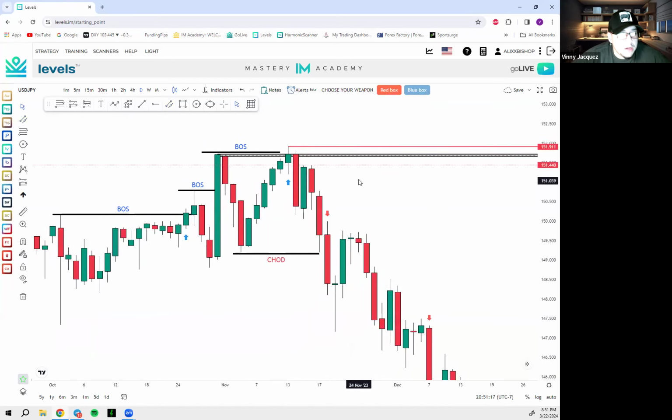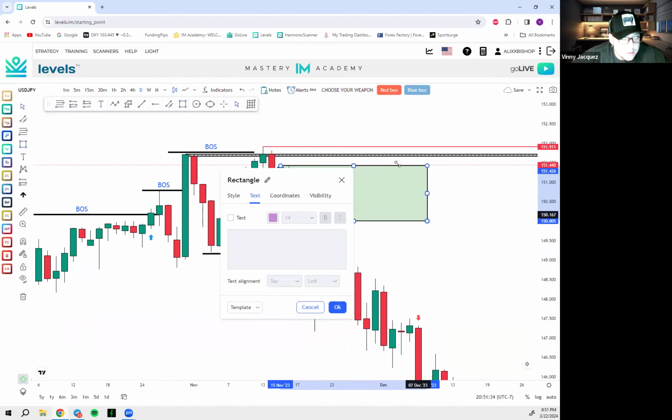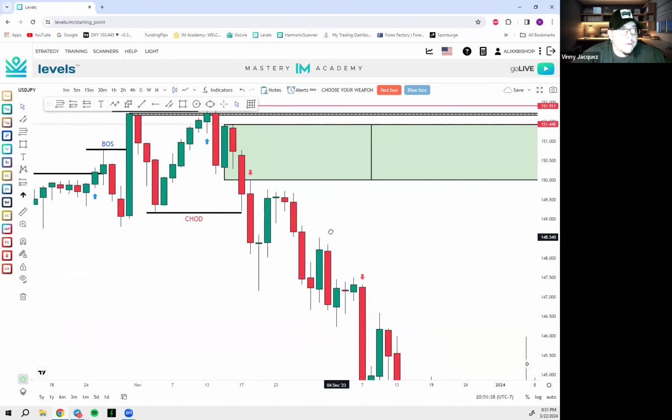Now, we also have a starting point here, guys. We didn't cover up the entries today, and that's okay. I just want to really go over market structure, to be honest. But look, we do have a breakout rally here. Breakout rally of candles. And the last buying candle is going to be our starting point. So let's just mark that up, and we'll send it across for the future.